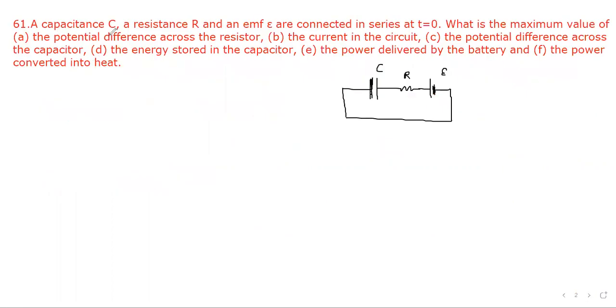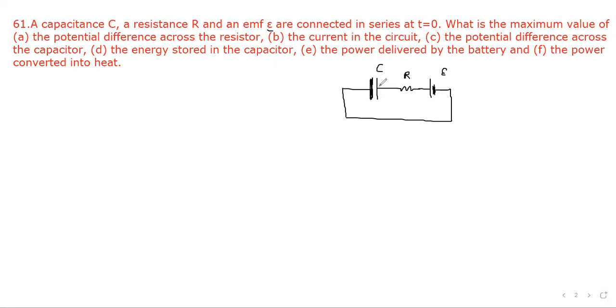Question number 61. A capacitance C, resistance R, and an EMF epsilon are connected in series at t equal to 0. What is the maximum value of the potential difference across the resistor, current in the circuit, the potential difference across the capacitor, the energy stored in the capacitor, the power delivered by the battery, and the power converted into heat? So, in the beginning, when t equal to 0,